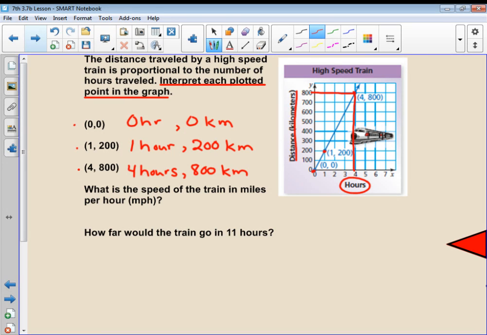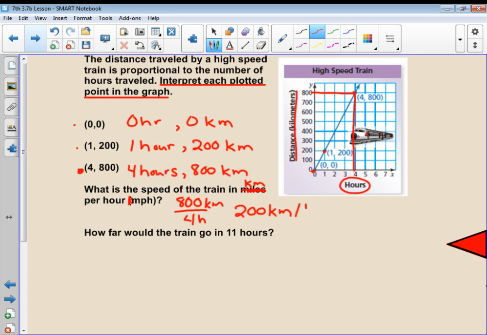The next question says, what is the speed of the train in miles per hour? So I'm going to pick any of those sets of coordinates other than 0, 0, because obviously 0, 0 is going to say 0 miles per kilometer. So this should have been actually, what is the speed of the train in kilometers? It's a typo, kilometers per hour. So we're going to go ahead and figure out our kilometers per hour. So kilometers, I'll just pick this one. So my kilometers was 800 per my hours was 4. And if I reduce that down, 800 divided by 4 is 200